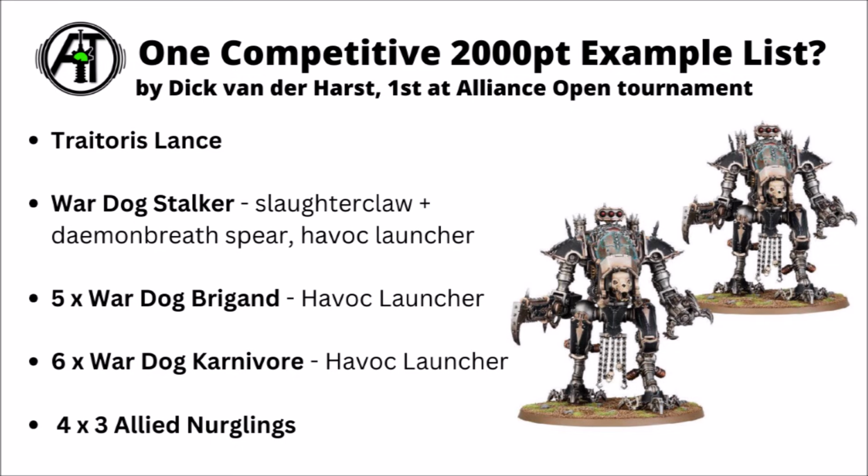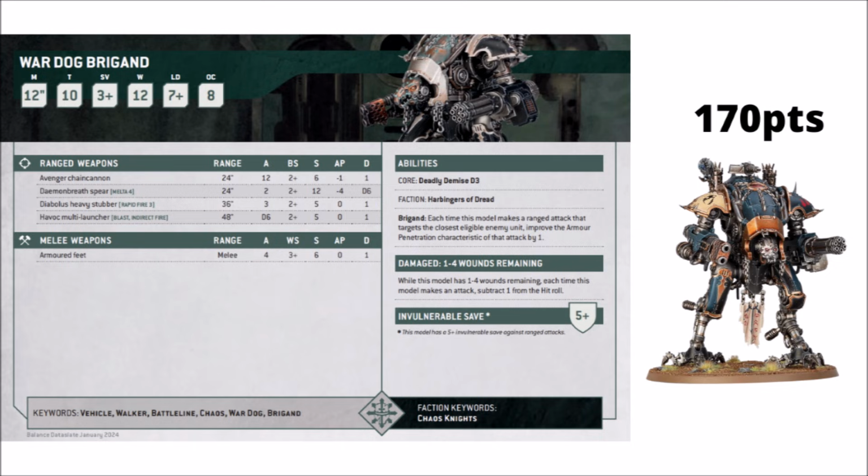Then for screening and secondaries, there's 4 sets of 3 allied Nurglings, good to pop up where you need them to do those missions. At the moment, I feel like it's never really a bad choice to take a fair few Brigands and Carnivores. The War Dog Brigand is 170 points for this profile, good objective control, really quite fast,